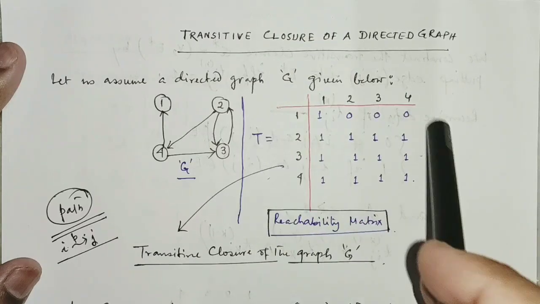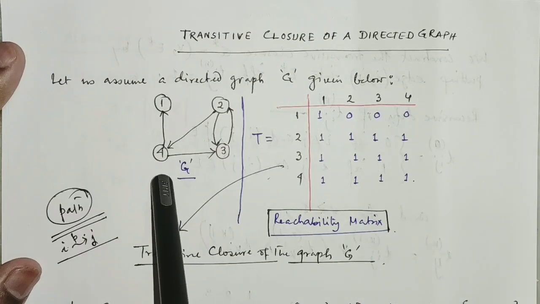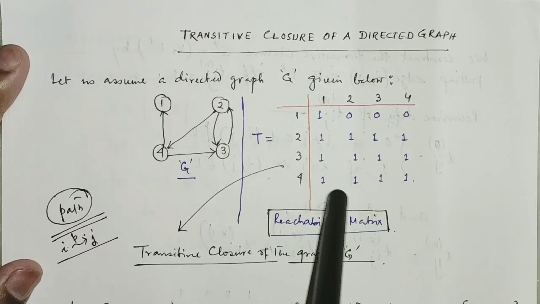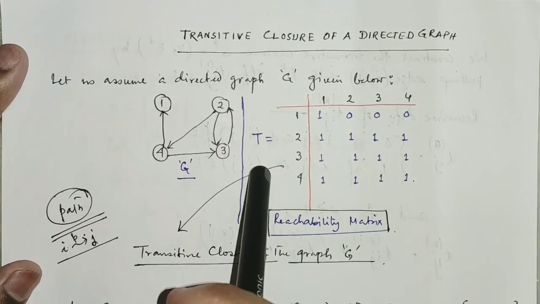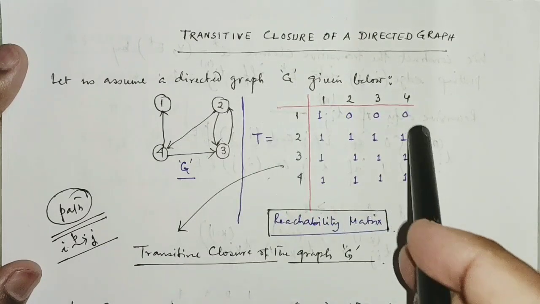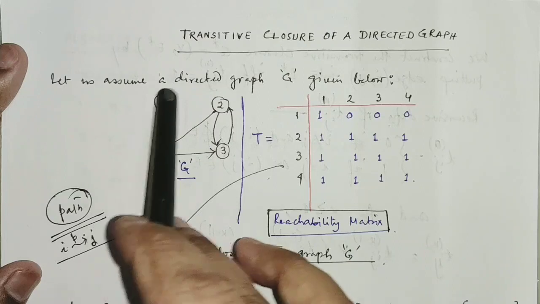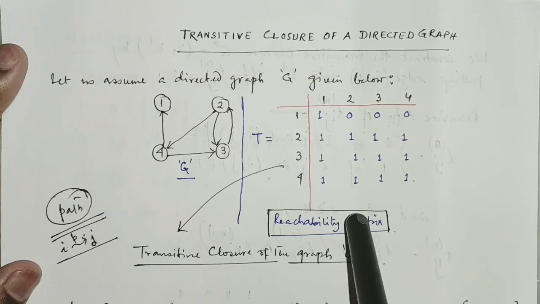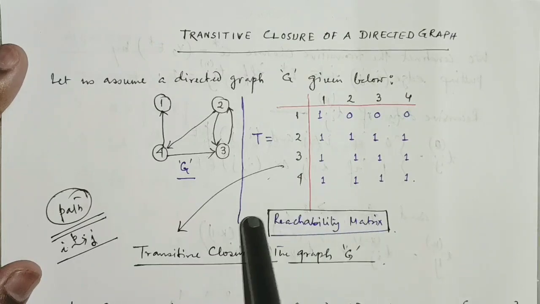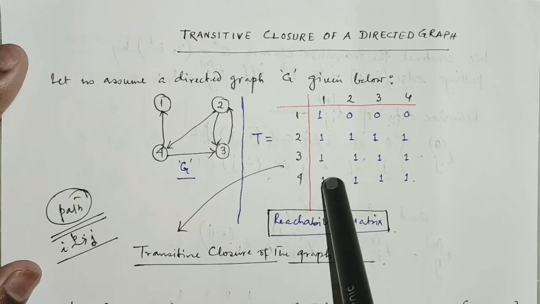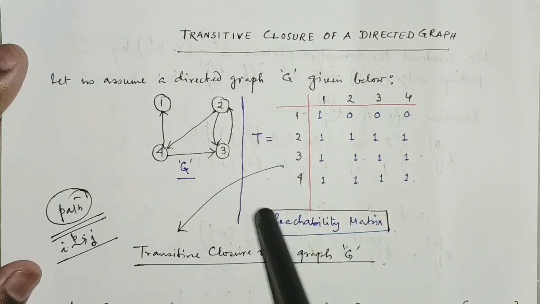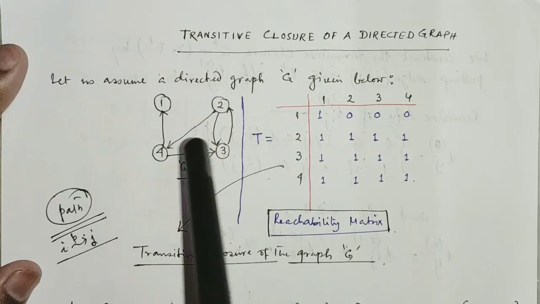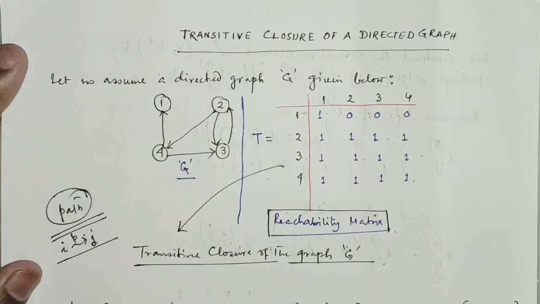So this is called the reachability matrix of this given graph G, which is a directed graph, and which is nothing but the transitive closure of this directed graph. So this result is called the transitive closure version of the given directed graph G. The reachability matrix is formed by considering whether any path exists between a pair of vertices I and J. In that case you put 1 here, otherwise you put 0. So this matrix ultimately gives you the transitive closure version of this graph. Fine. So if you calculate the reachability matrix, it will finally represent the transitive closure version of the graph.